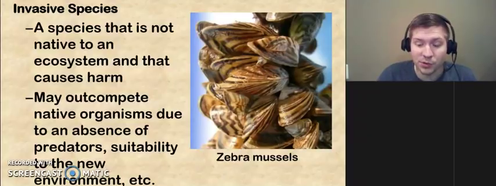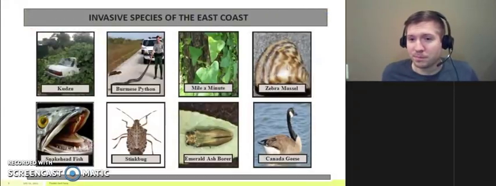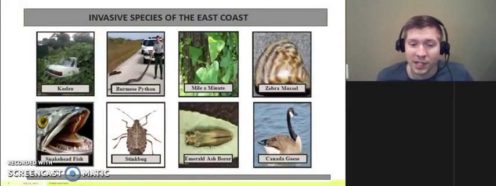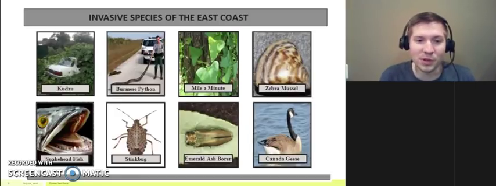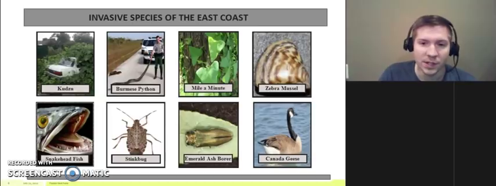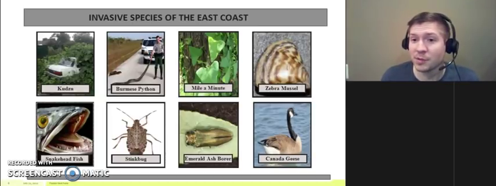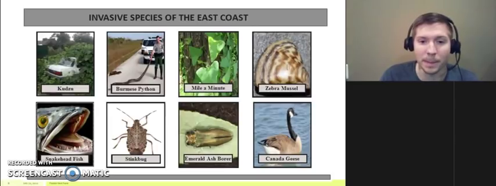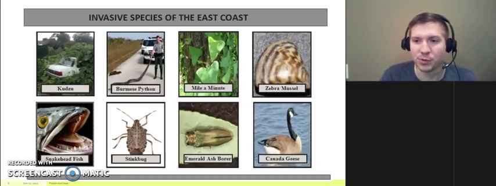So since they have spread so dramatically, we're now seeing some negative effects. Here's a bunch of invasive species on the east coast. Canada geese, of course, came from the north. Stink bugs are a more recent newcomer from Asia. Kudzu covers a lot of the southeastern U.S., which we introduced purposefully to control erosion, but now it has spread dramatically. And many of these species came accidentally, we brought them, or on purpose. But invasive species can also get to a new ecosystem on their own, but often it is through human intervention.